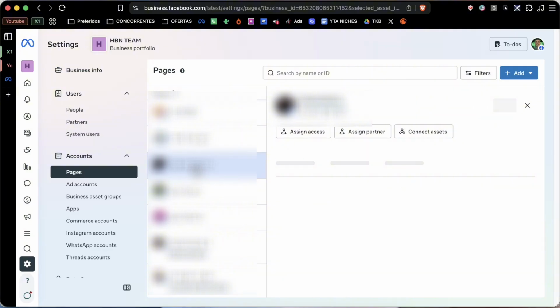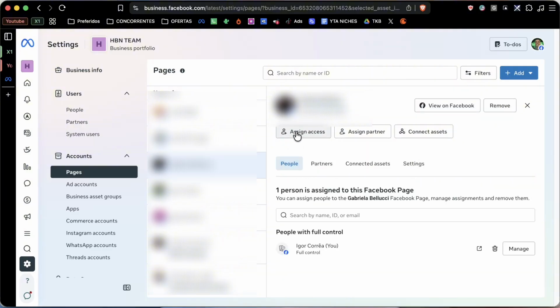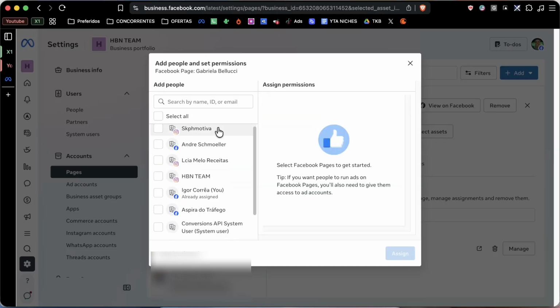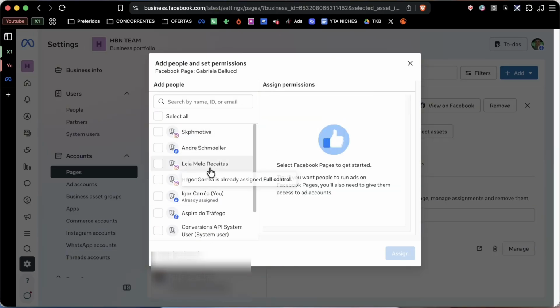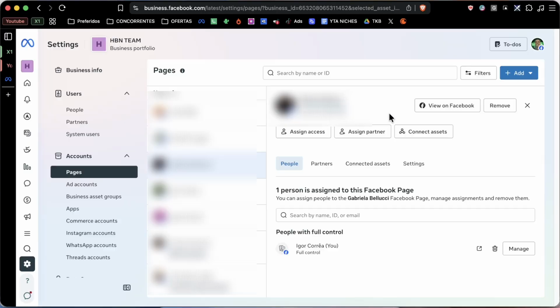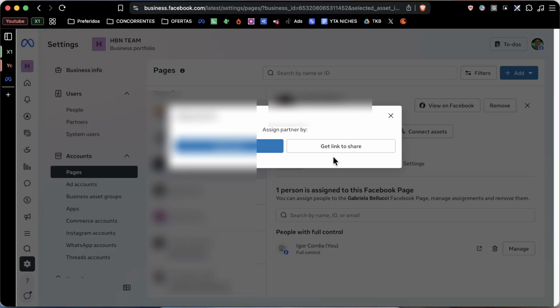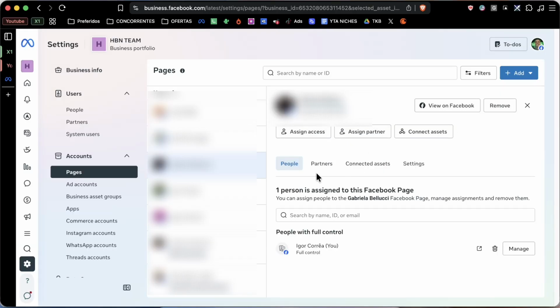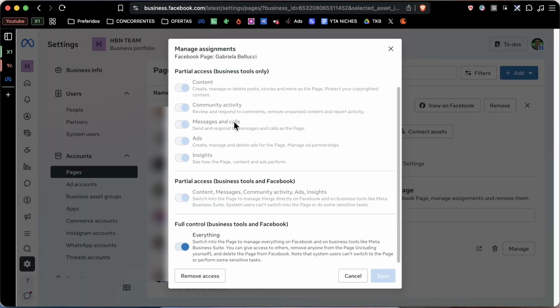After connecting the page, you can begin assigning permissions to team members, connecting Instagram accounts, creating advertising campaigns, and managing customer messages directly through Meta Business tools. This setup is especially important for businesses, agencies, and advertisers who manage multiple assets inside the Meta ecosystem. It's also a good idea to review page permissions after connecting everything. Make sure the correct people have access levels, such as admin, employee, advertiser, or analyst, depending on their role inside